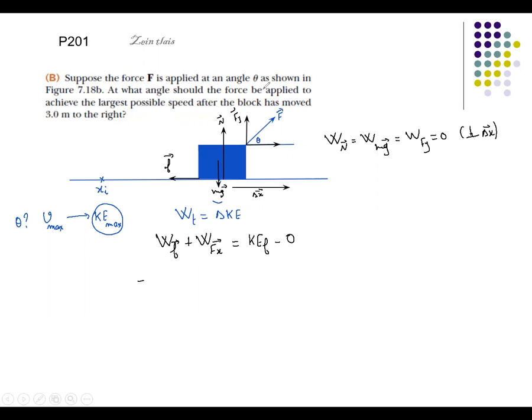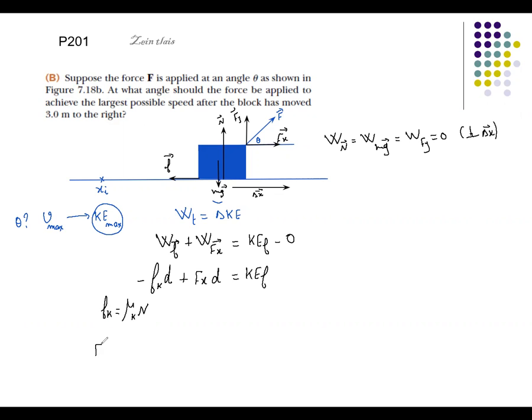So here we get minus F kinetic times D plus Fx, which is in the direction of the displacement, so positive Fx D, equals the kinetic energy final. Here we have F kinetic equals mu kinetic N